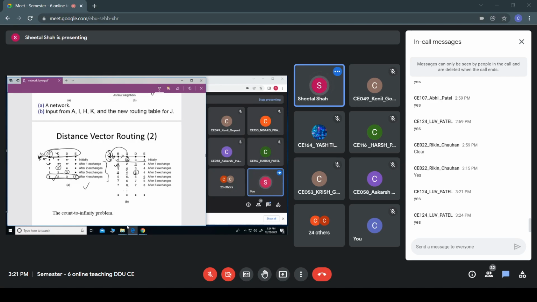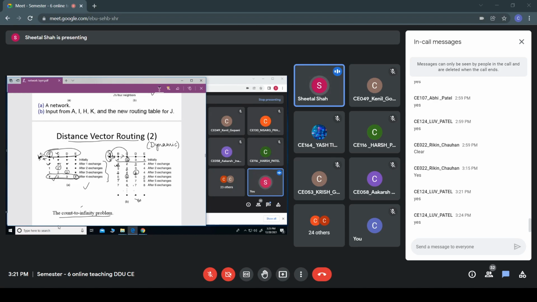Similarly, this will update to 5, and again assuming that these reach A through 5 hops, it will update to 7 and so on. So this will continue till the count reaches infinity. Okay, so this problem which occurs due to distance vector routing is the count to infinity problem. Hope everyone is clear.